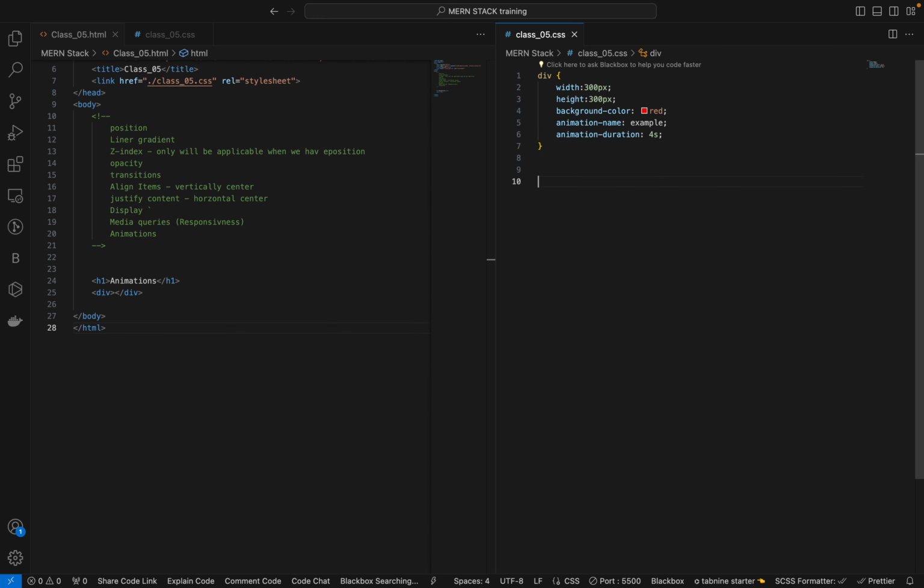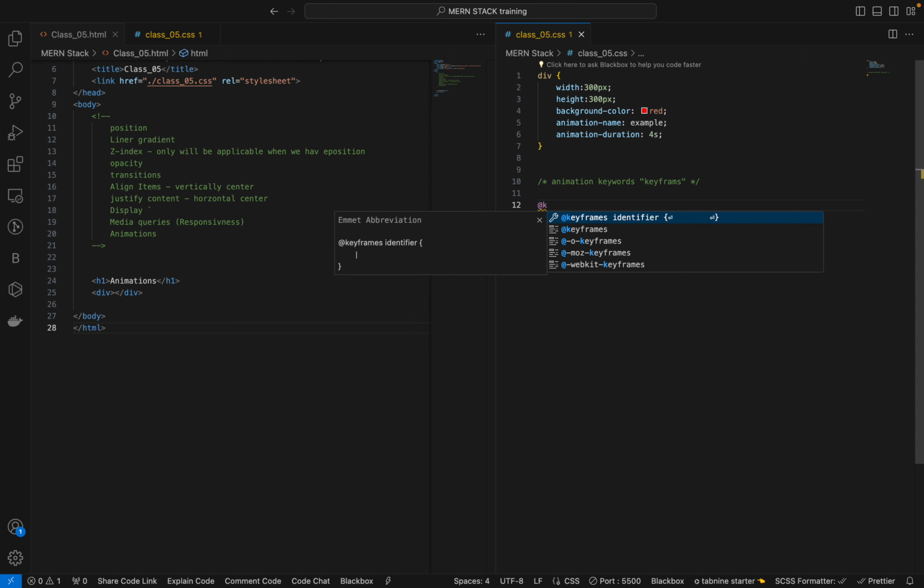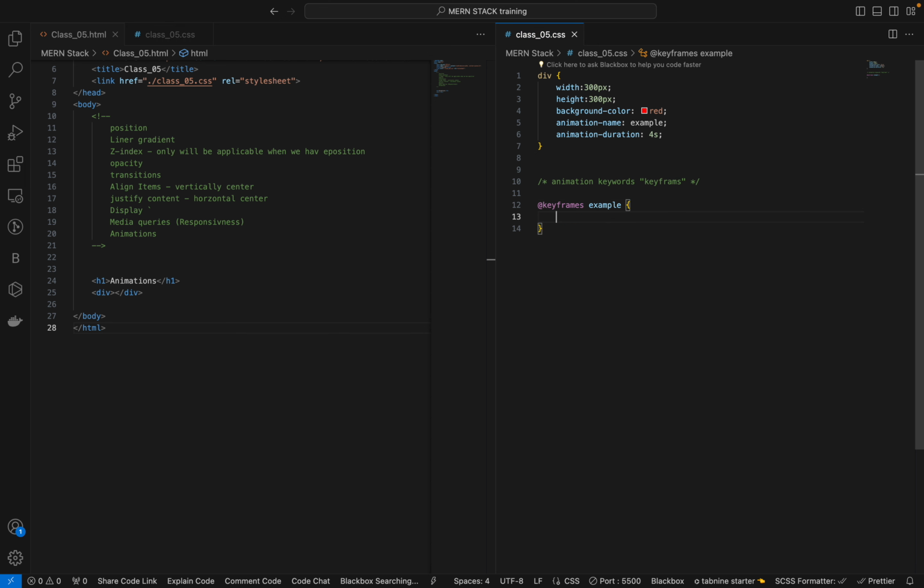So the other important keyword which we will learn for animation is keyframes. That is the keyframes we will use for animation purposes in CSS. For that you have to use @keyframes and give the animation name we have given, example, right? So we have to give example, and this is an object function where you have to give from where we have to change the color, from background color red